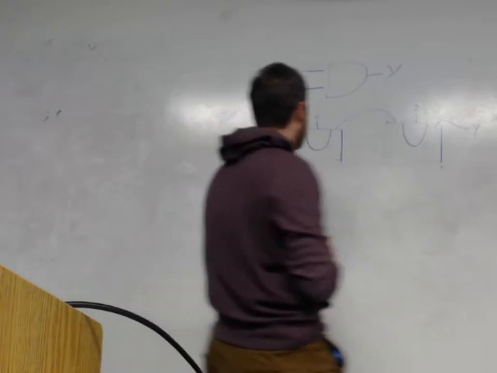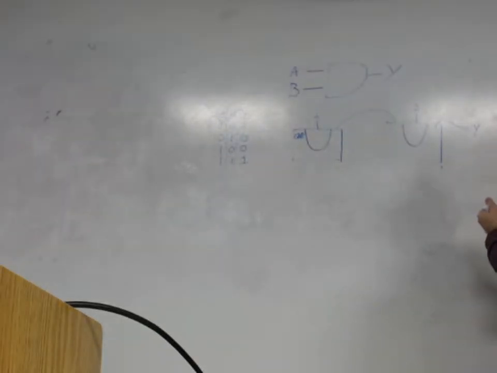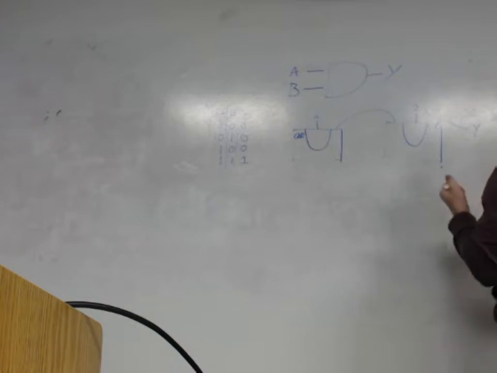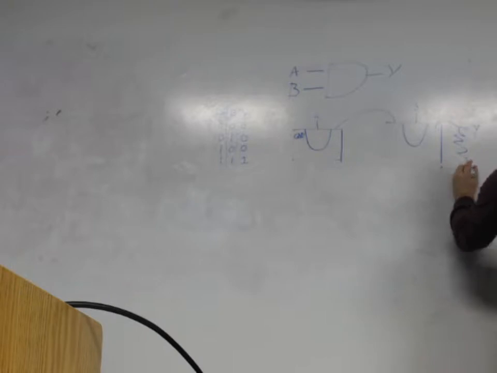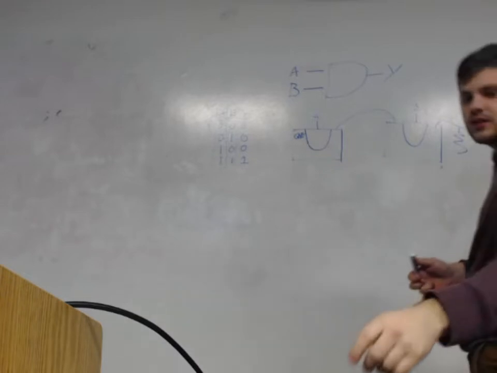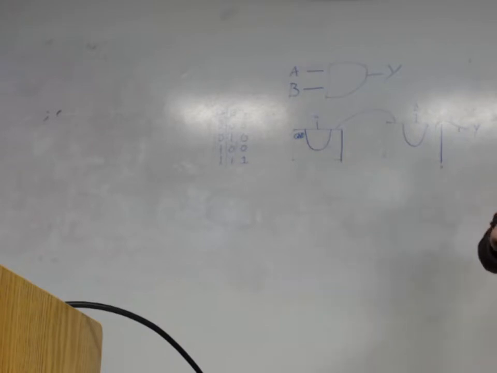Okay, so we need this to be negated then. So we'll add a negation transistor. Isn't that something like squiggles? That's a resistor. Is that what we want? No. What do we want? If you're going to apply voltage, yes. Okay, that's what we want for voltage. What's the negation thing? How do we